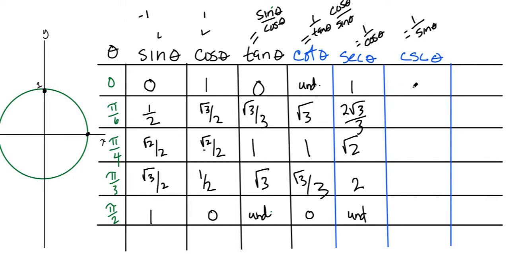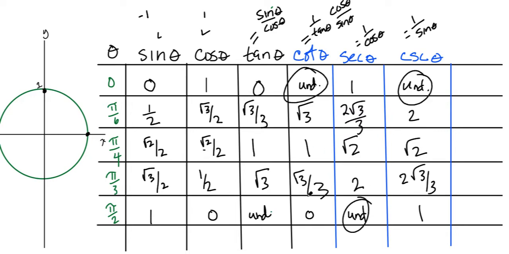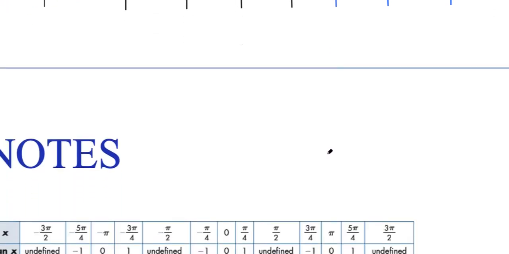function. So let's quickly go through this. This is going to be undefined since cosecant is the reciprocal of sine. This will be 2. This will be square root of 2. This will be 2 root 3 over 3, and finally that's going to be 1. So a couple things that I want you to notice. We've got these undefined areas that are going to happen along. We don't have the same range,